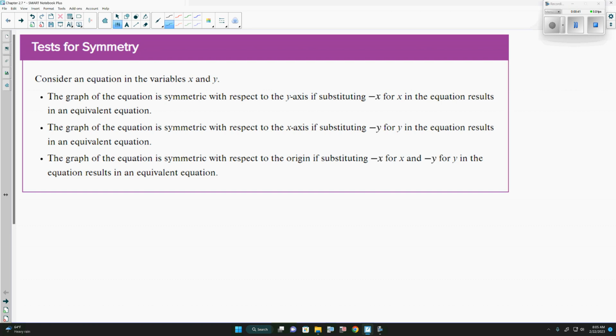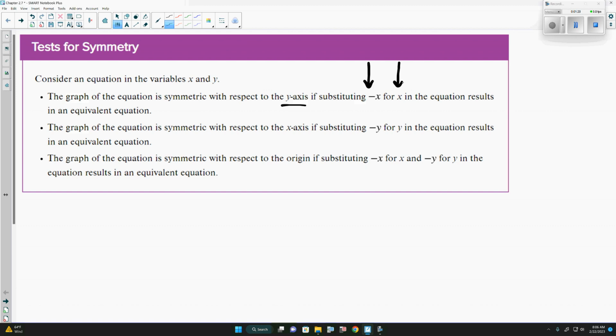Now, one of the things we're looking at today is symmetry, with respect to the x-axis, y-axis, and origin. These here are tests for symmetry. We say the equation is symmetric with respect to the y-axis if substituting negative x in for x in the equation results in an equivalent equation. All that's saying is if we substitute x with negative x, we change x from positive to negative, simplify it, and we get the original equation,